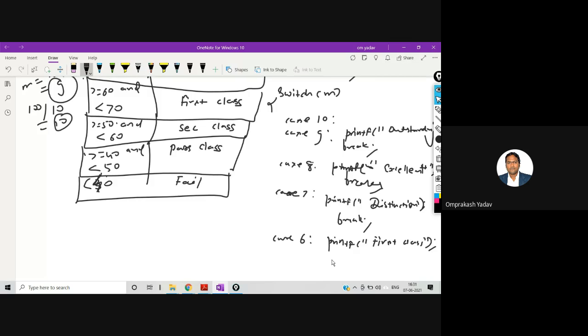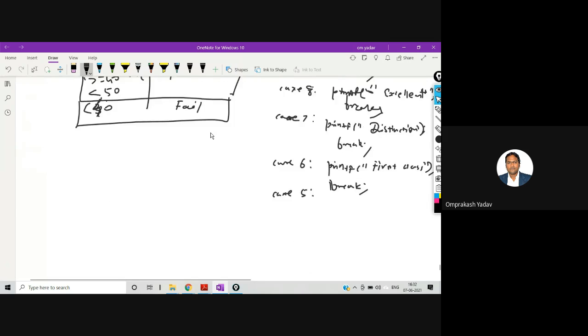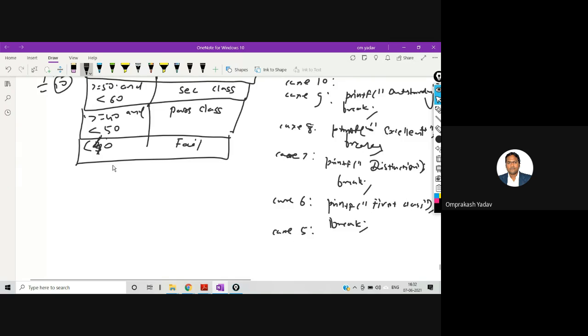You can note down because I'll not be writing on the online compiler this one. And I'll say break. Then case, let's say the fifth one. So the fifth one is 50 to 60. I can say second class, this one. So printf second class, break.